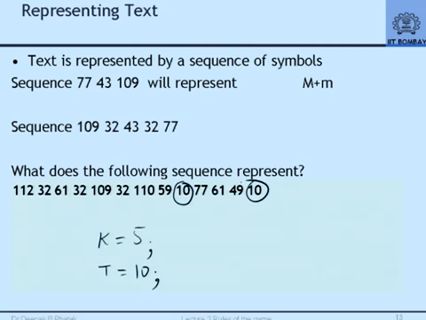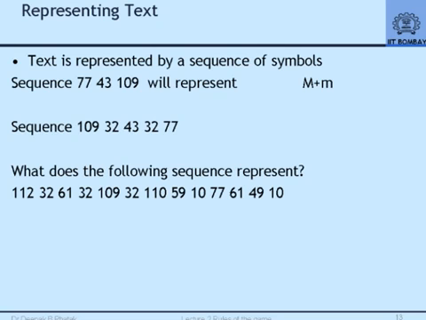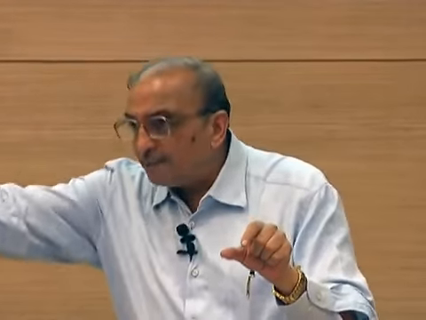The value 10 represents a symbol which corresponds to new line, just as value 109 represents a symbol m. What is written here are not symbols. These are decimal values from the previous table. Each decimal value represents one symbol. So I am just writing those decimal values for illustration. That's all.